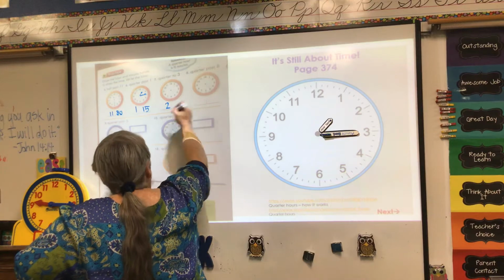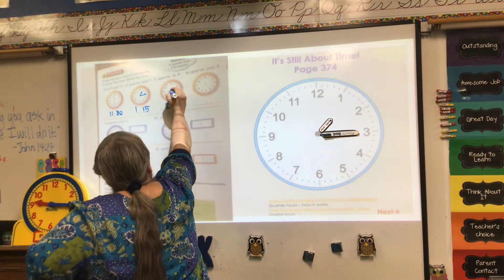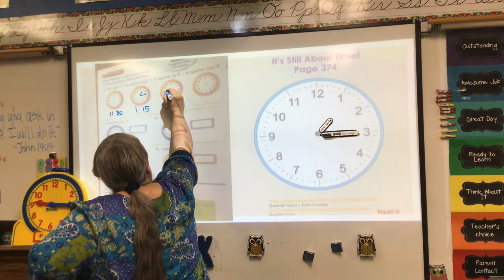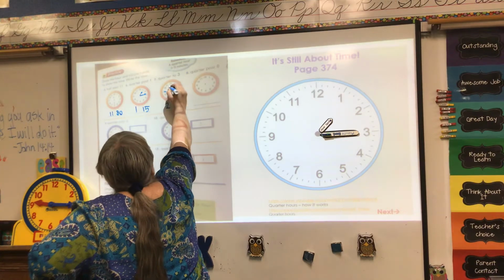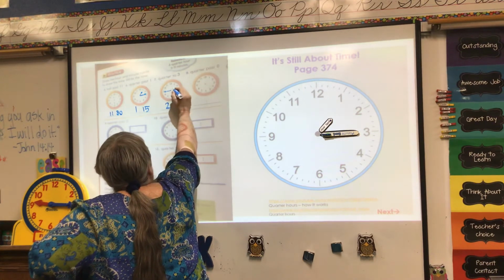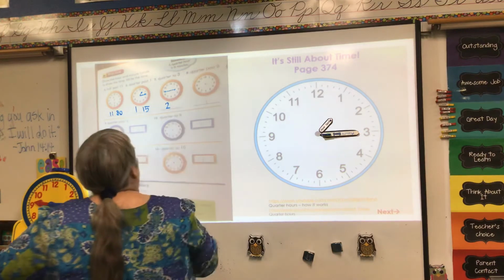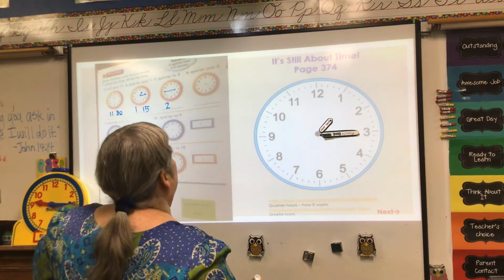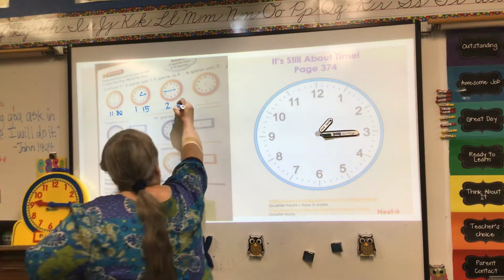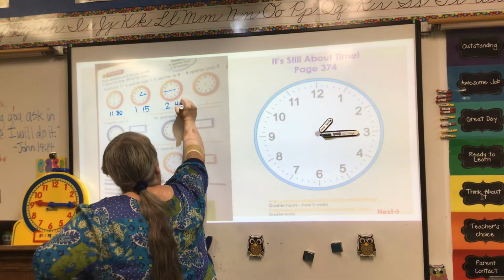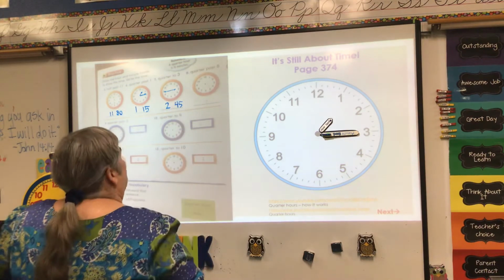And then if it's 1:45, I know it's 45 minutes after 2. So I'm going to go like that. So it's not quite 3 o'clock yet, but it looks like it's kind of close. Okay,